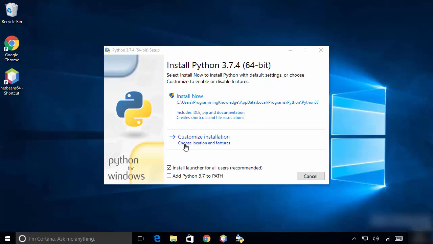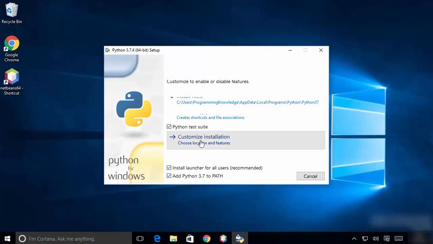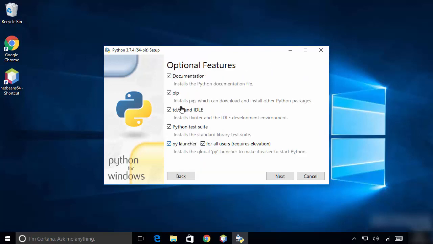Okay, so before choosing this customize installation, you can also check this checkbox which says add Python 3.7 to path. This is going to add this Python installation to your path variables.